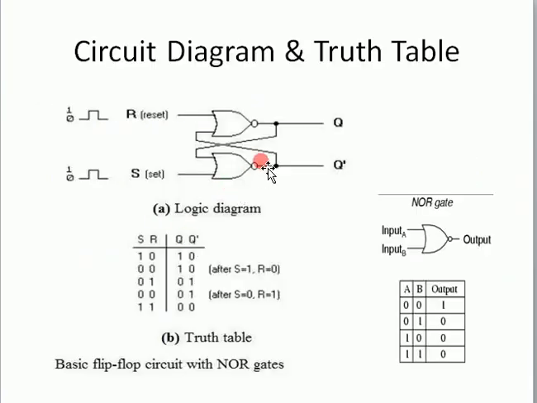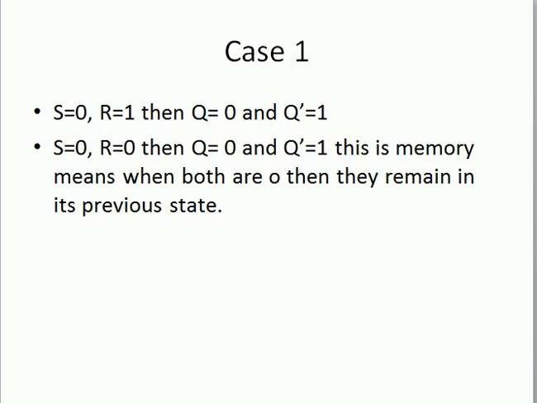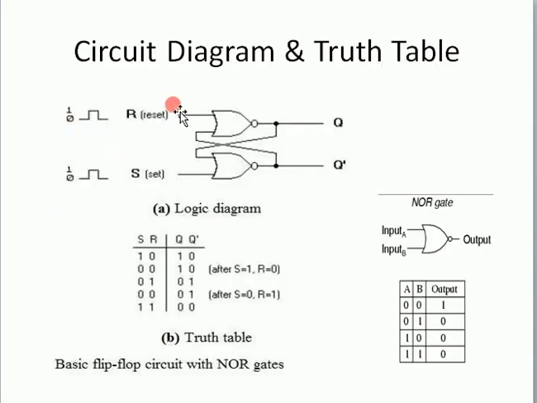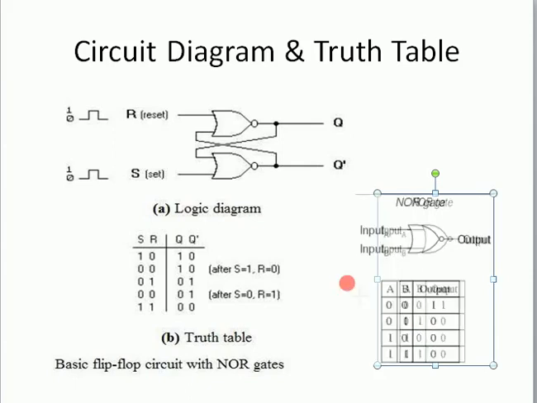Our first case is when S is equal to 0 and R is equal to 1, which means here we have 1 and here we have 0. From the truth table you see that whenever an input is 1, let me make it clearer,